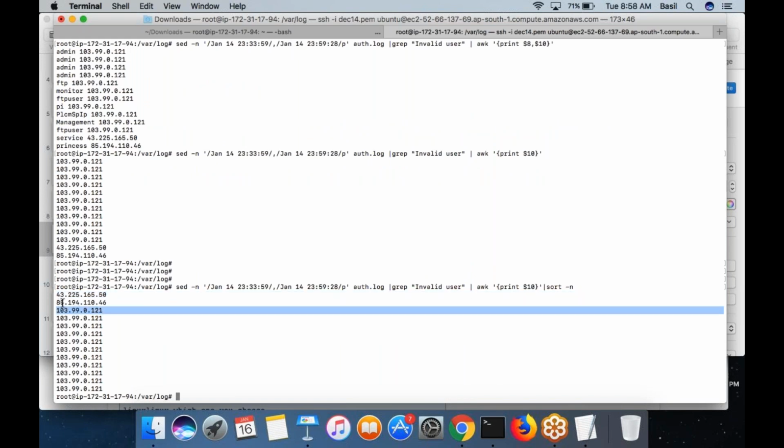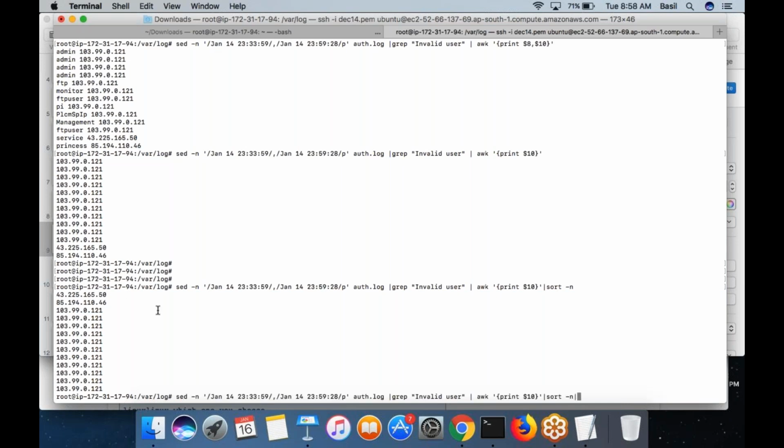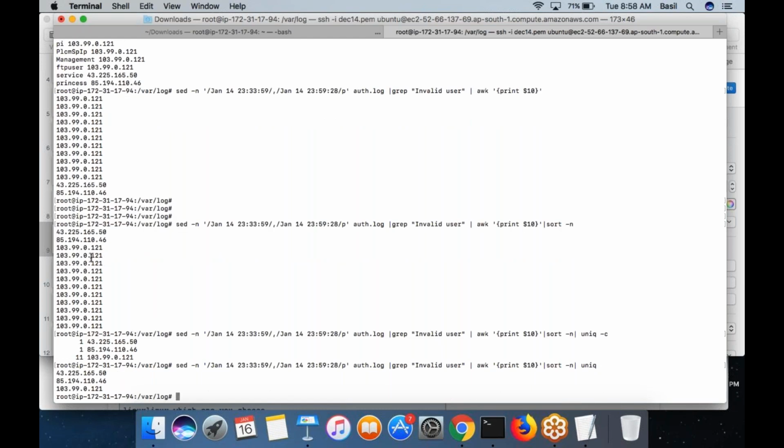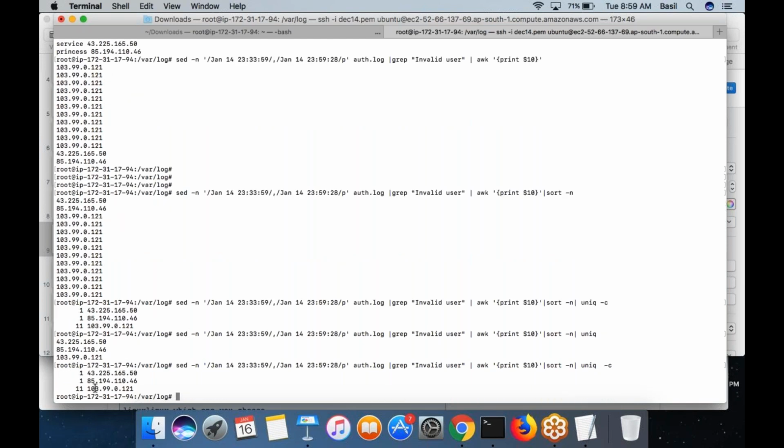So now the output got sorted. There's a command called uniq -c. Basically, each line will not be printed as is, but it would be printed one by one. If you simply put uniq, it won't print the duplicates. It would print only unique IP addresses. If you use a -c option along with your uniq command, you can even see how many times this IP address has repeated. The other two IPs repeated only once. The last IP repeated 11 times.